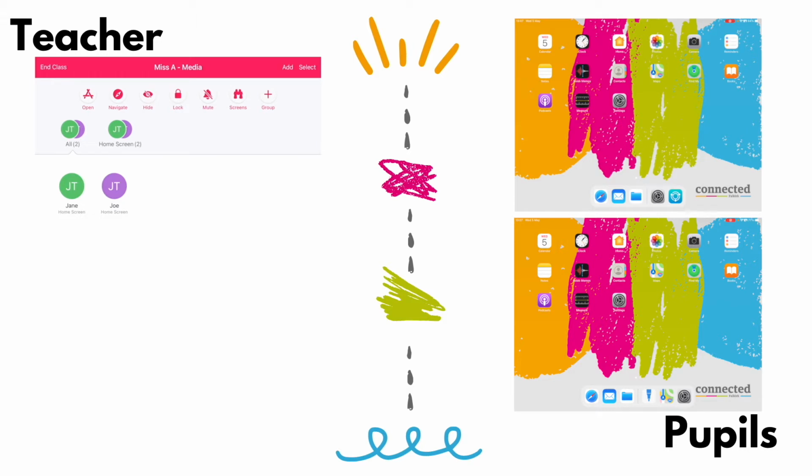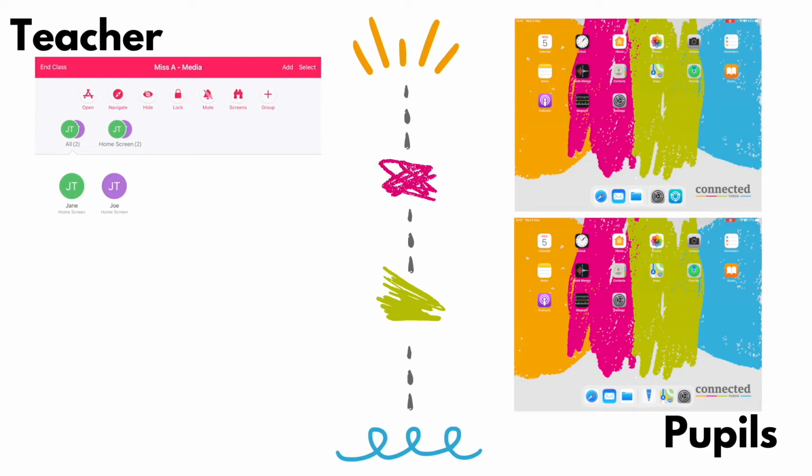Then the bunches of coloured dots tells us the different groupings of pupils, and you'll notice that it does have an all tab which shows us every single pupil, an overview, and then it's automatically grouped Joe and Jane there together in home screen just to tell us that those are the pupils that are working on the home screen at the moment. Underneath that in the white pane you will see the different coloured dots that have the pupils' initials, and then underneath that their first name, and underneath that whatever they're working in at that current moment in